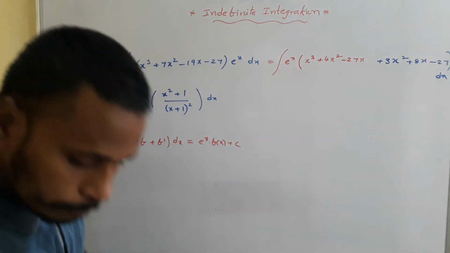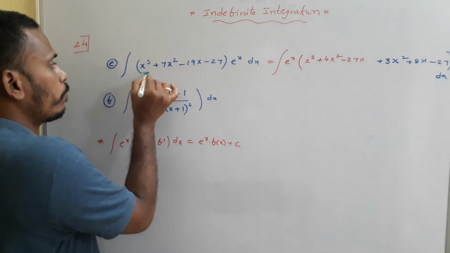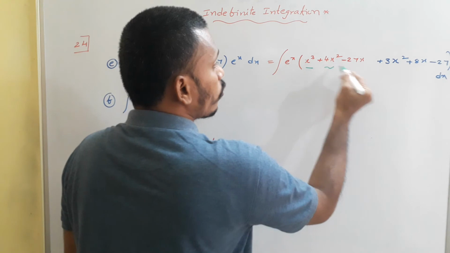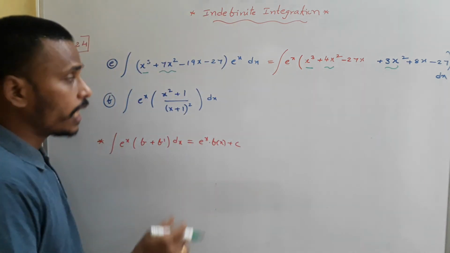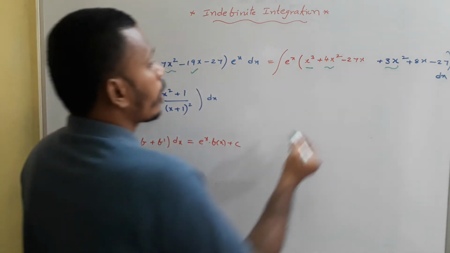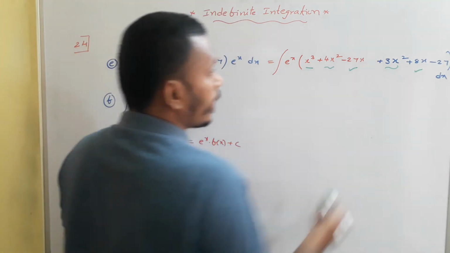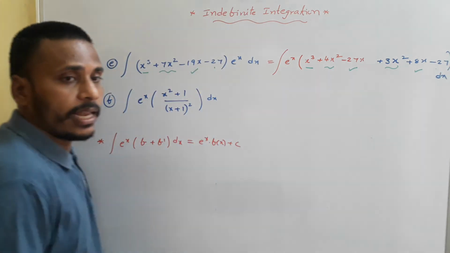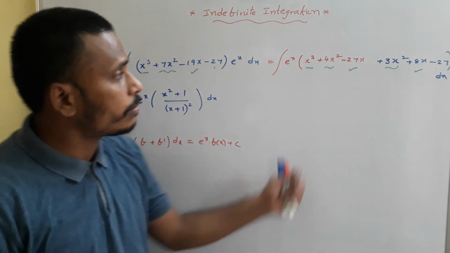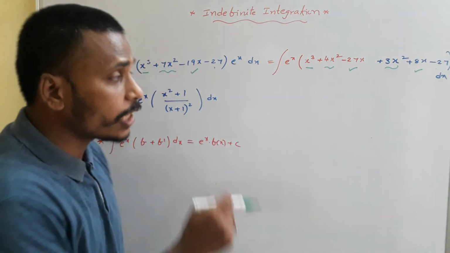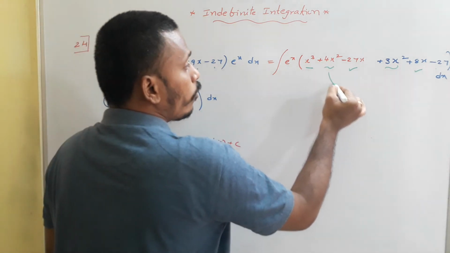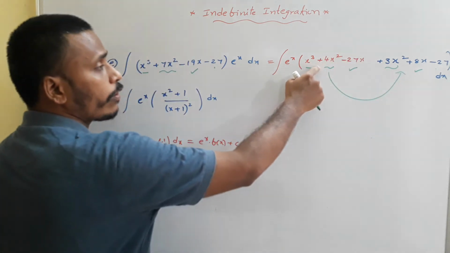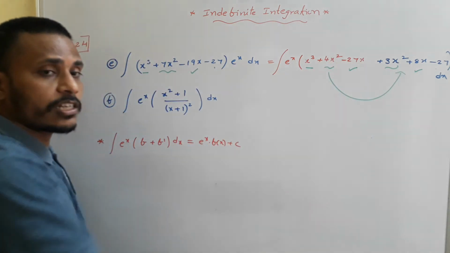Now if you observe, see, x cube, 7x square. So 4x square plus 3x square is 7x square, balanced. Minus 19x. Minus 27x plus 8x is minus 19x, balanced. Minus 27, balanced. So this given polynomial function is simply the sum of these two polynomial functions, and you just observe, see, the derivative of this red color function is this blue color, that's the magic. Derivative of x cube is 3x square, for 4x square is 8x, and for minus 27x it is minus 27.